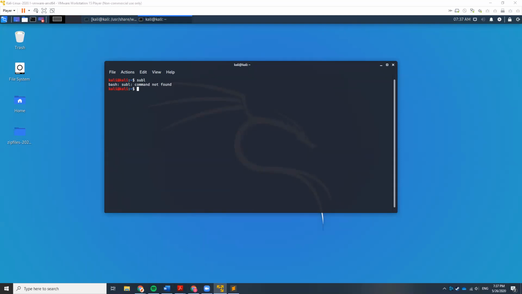Just type in sudo apt-get install fcrackzip. I already downloaded it, so